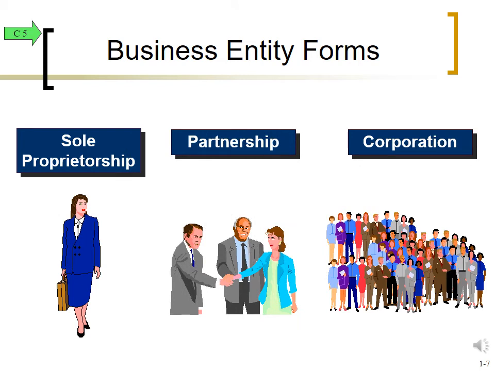There are different forms of business entities that use accounting information and accounting reports, and again, you'll be reading about these in detail as you go through the book. Sole proprietorship, partnership, and corporation. For the most part, we're going to focus on corporations and some of the things that they do. But we'll also look briefly at sole proprietorships.